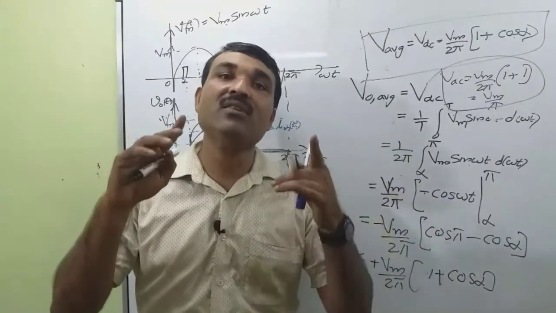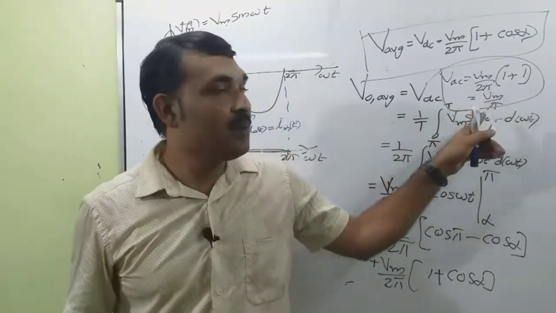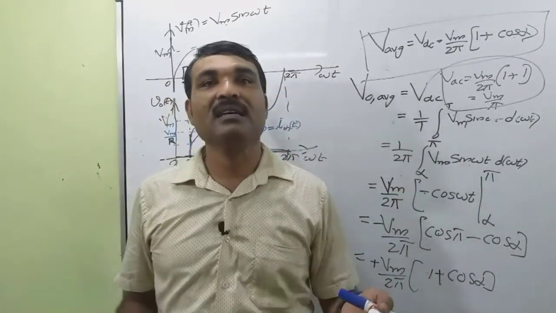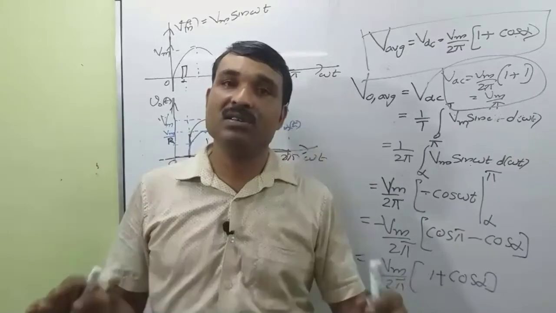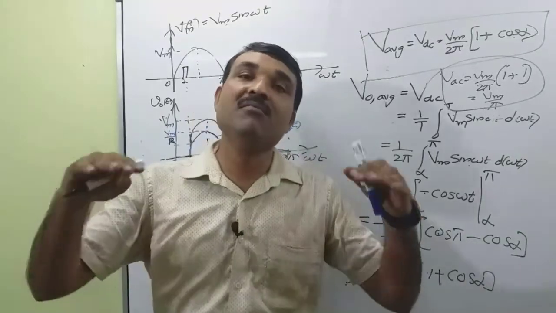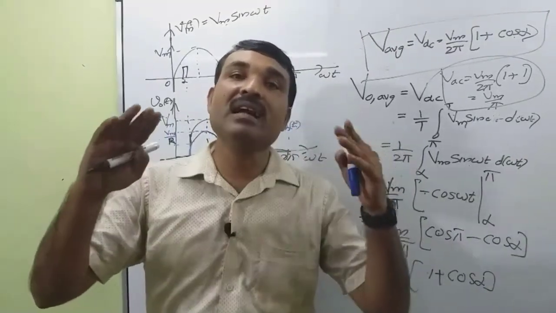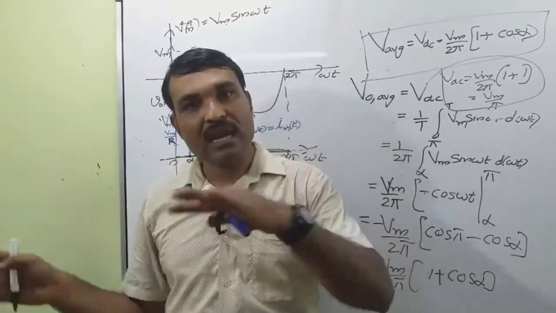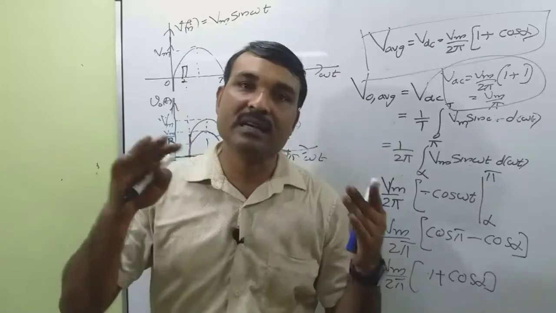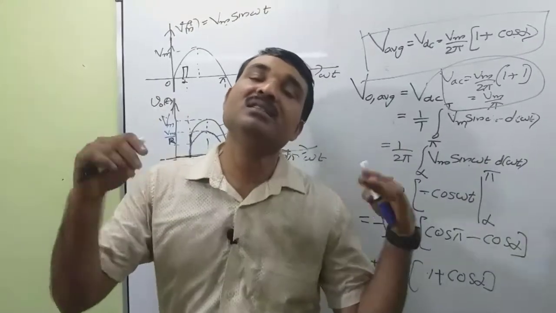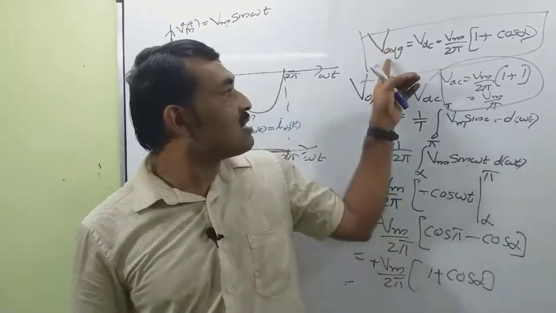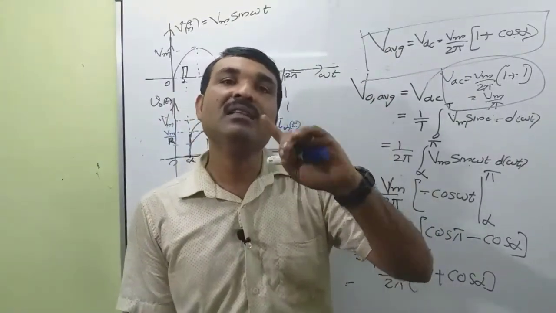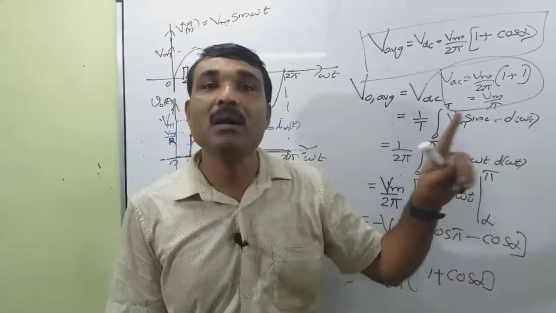That is, for a half-wave diode circuit, it becomes Vm by pi. So we can use all the formulas derived here by putting alpha equal to 0. Then the expression is the same as that of a half-wave diode rectifier circuit, that is an uncontrolled rectifier circuit. So to get the expressions for an uncontrolled rectifier circuit, just put alpha equal to 0. So when alpha is equal to 0, the average value for a diode half-wave rectifier circuit with R load is Vm divided by pi.